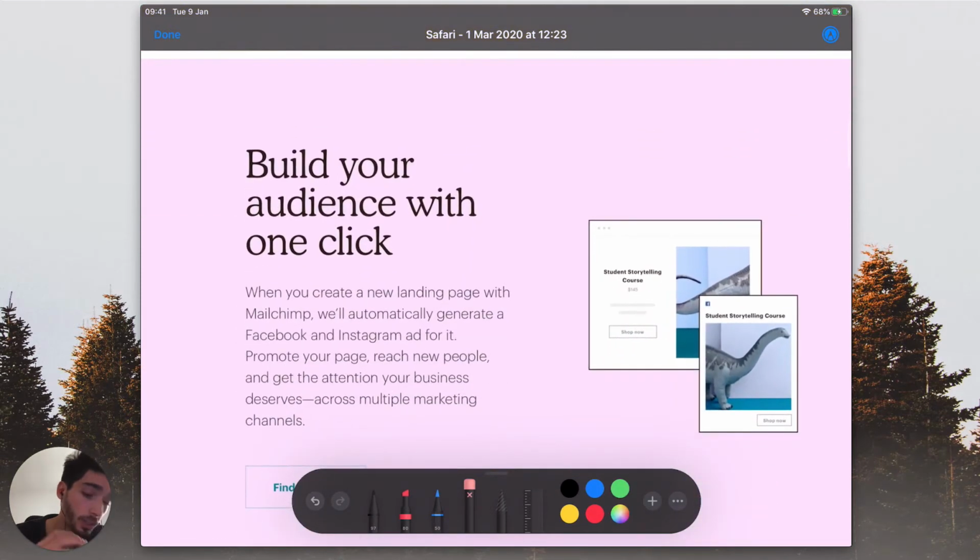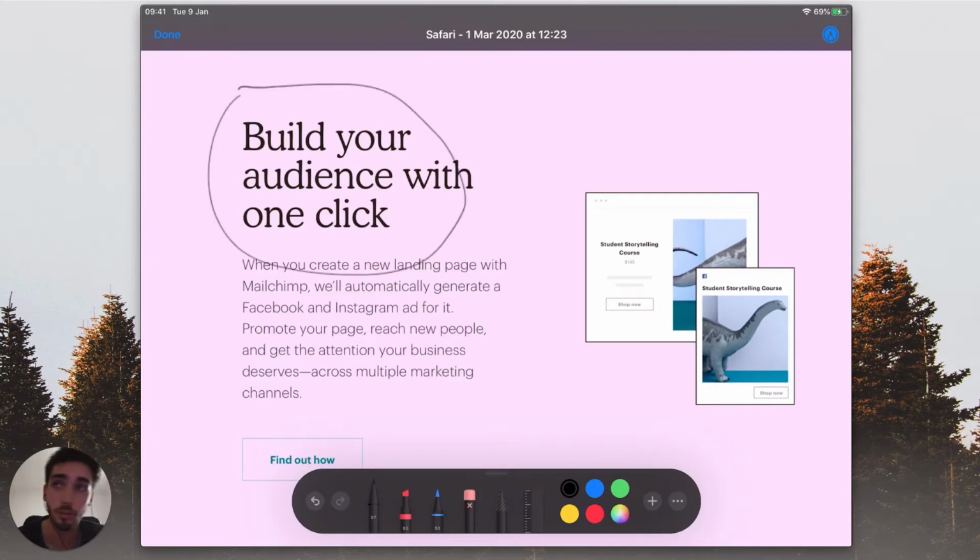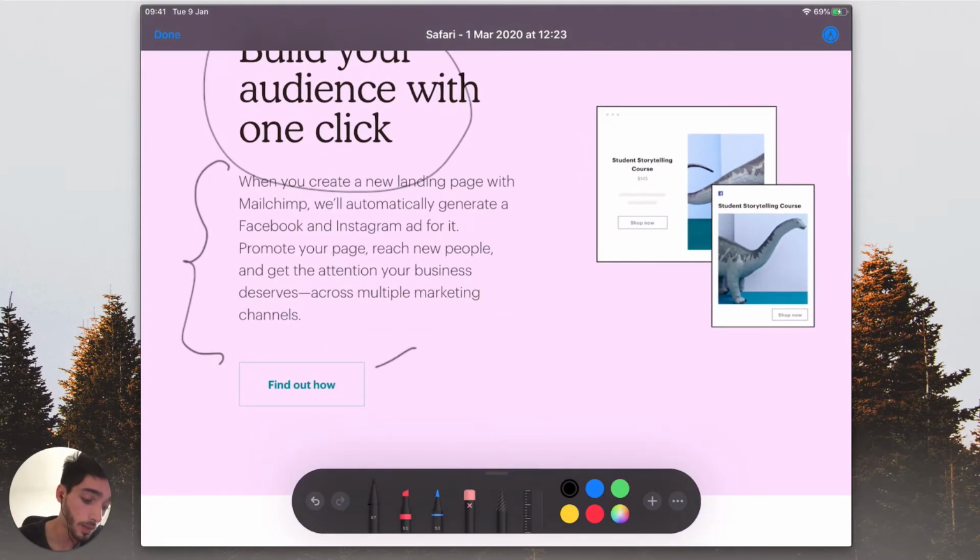Then that's when they try to explain their product. Instead of telling me, okay, this easily integrates with your website, with your Facebook campaigns, with everything that you're already doing, no, they just tell me, here's a stupid image, here's a vague headline saying that I can build my audience with one click, not even knowing how. And because the headline is really big, I'm not going to read the rest because this headline is not grabbing my attention. Then they tell me "find out how," and instead of just telling me how right away, no, they